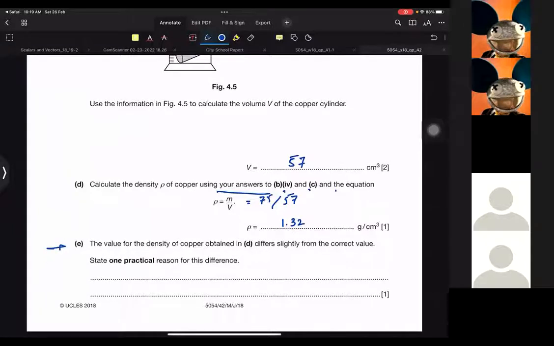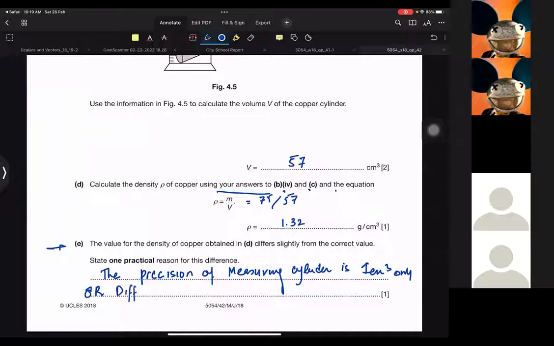So if I were you, it would make more sense to write that the precision of the measuring cylinder is 1 centimeter cube only,